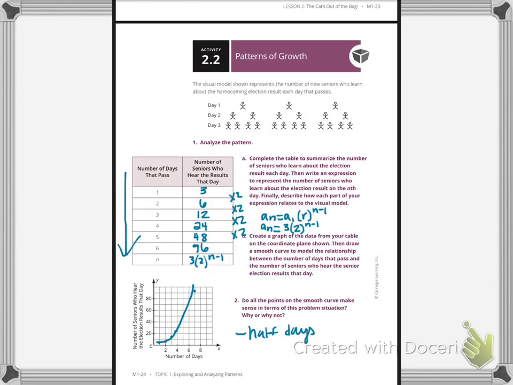Okay, now let's look at its intercepts. So remember, my x-axis is this guy here. It doesn't look like we have an x-intercept or really a y-intercept because we started on day 1. We didn't start on day 0. Okay, if we would have a y-intercept